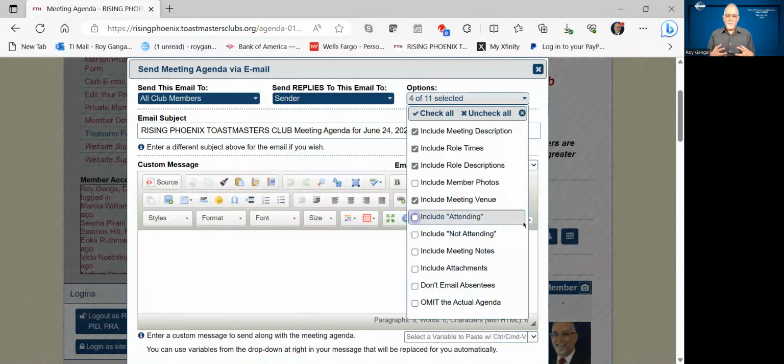But we don't want to overwhelm folks with too much information because you can log in and see the information yourself. But when we're mailing the agenda out, we want to make sure the description is there. We want to make sure the times are there. We want to make sure the description of the roles are there. So we have the meeting description, the role times, the roles description, and we want to let the member know where we are meeting. So the meeting venue, this is very important because without this,